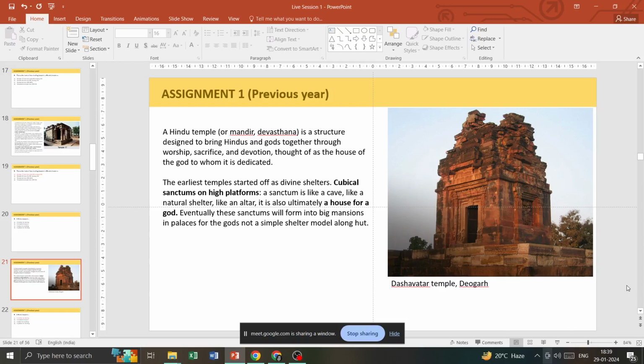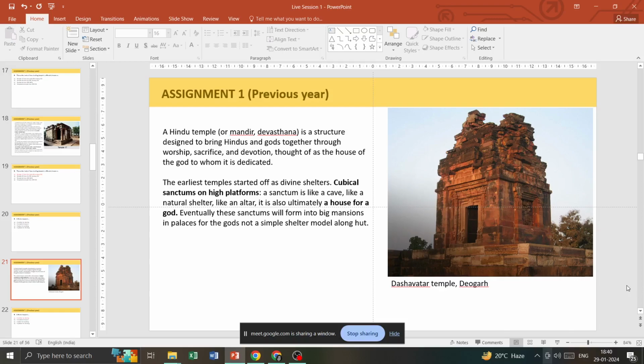Eventually, these sanctums will form into big mansions and palaces for the gods and not simple shelters. So the earliest temples started off as divine shelters, and at that point they were taking their precedent from the Buddhist architecture style, which had a lot of models of huts or the kutta, you can say. So it started off as the simple primitive Hindu temple architecture. They started off as simple model huts, but with time, as people started realizing that God should have grandeur